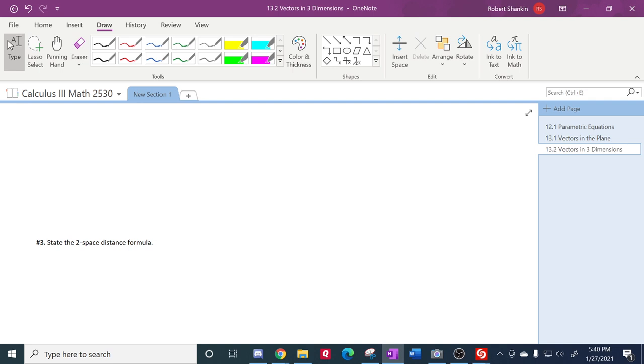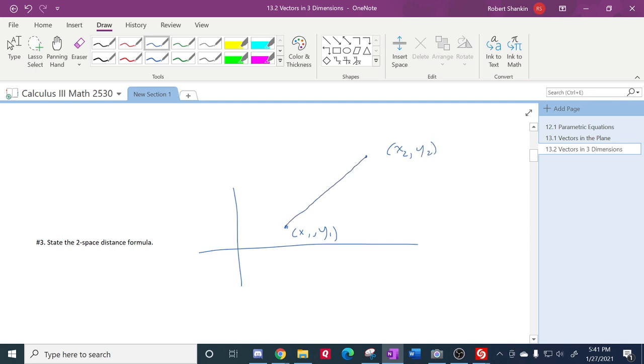Okay, so you can just state the distance formula D equals from memory. If you're like me though, you have a hard time remembering such formulas. And I might need to construct something like this. Suppose this point was x1, y1 for my first point. This is the point x2, y2. Then to find this distance D between them,